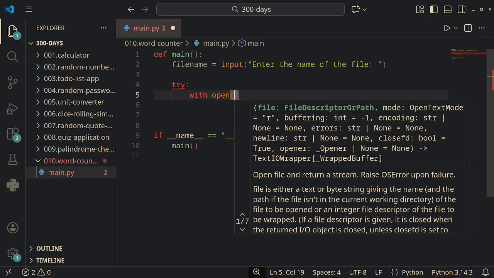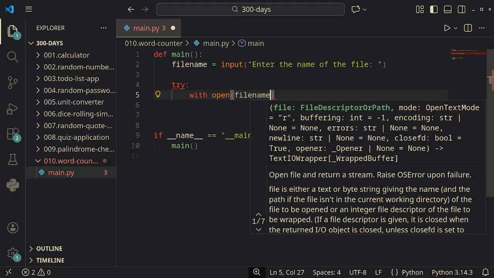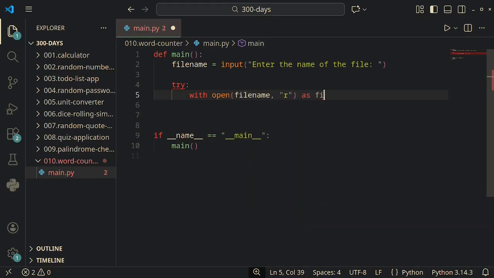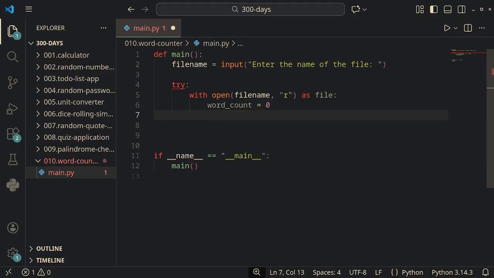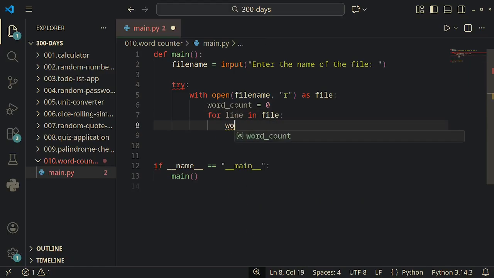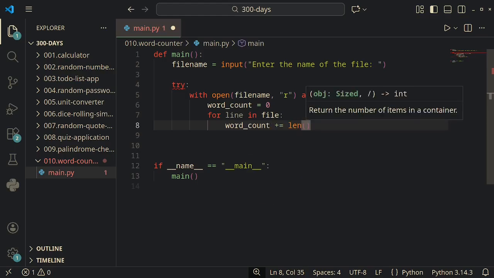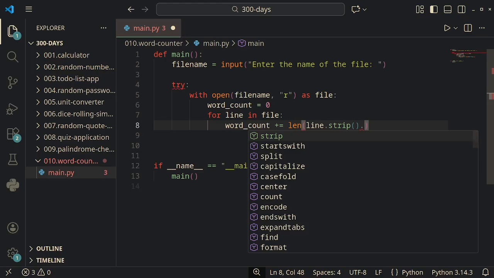So open file name in reader mode as file, then word count equals 0 initially, then for line in file, then word count plus equals len of line dot strip. Strip is useful in order to strip all the unnecessary white spaces and new line characters at the end of the line. Then I want to split this into,